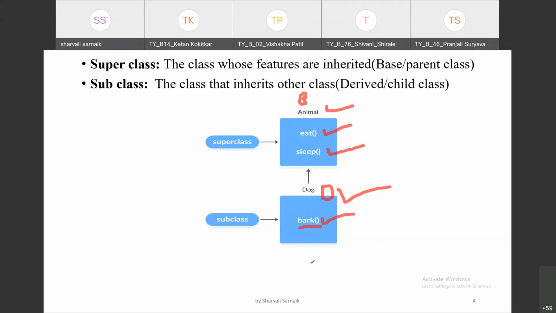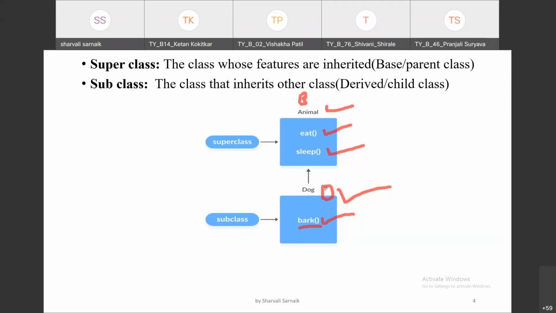So the new class, the dog class, has its own features like the bark method. His own method is the bark method, but he is also taking the features of animal, like eat and sleep. So instead of writing those same features again in the dog class, I take the features of eat and sleep from the animal class.